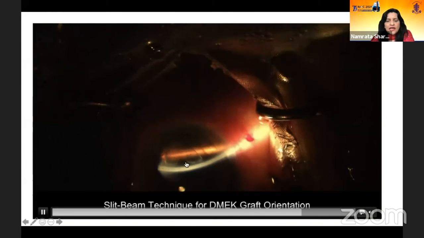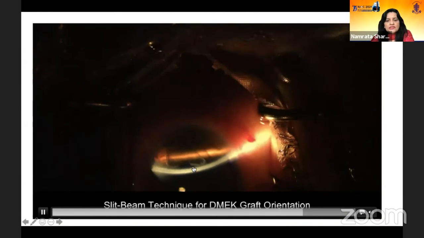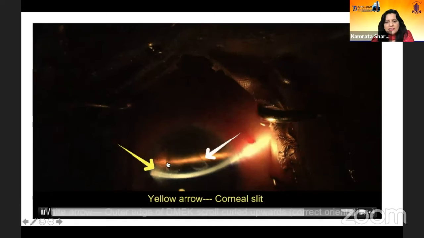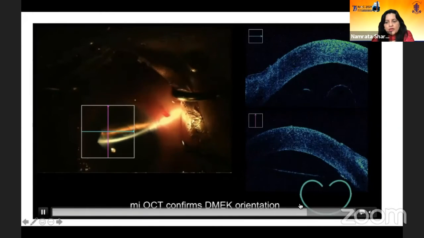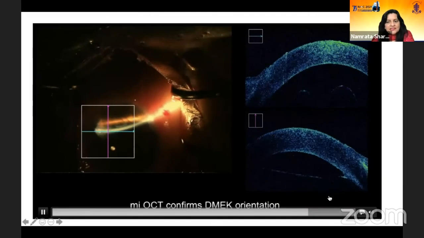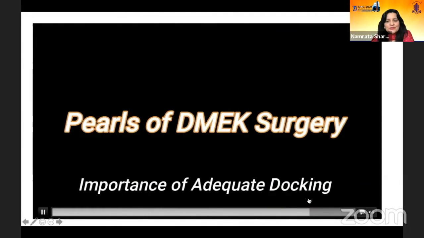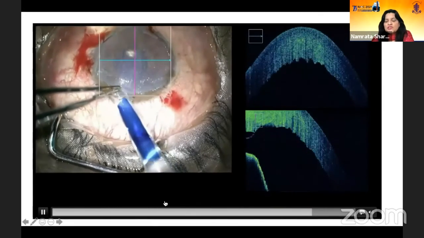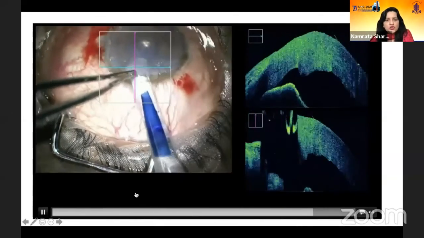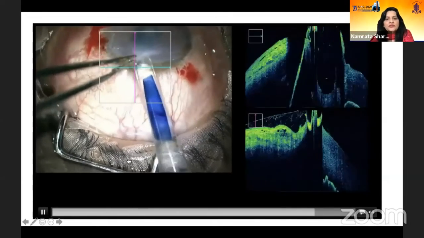Now, if you don't have an intraop OCT, you can do it with the slit beam also. And just notice how these curls are upwards again. And you have to get it like this, biceps curl upwards. I think the message of my story is biceps curl upwards. Now, sometimes you can have these very bad oops movements, which you don't like to see, but I think you should, so that you don't have them yourself.